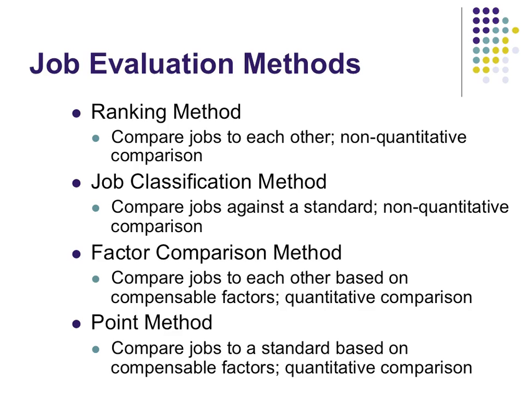And then lastly, we can do what we call the point method. It's a much more complex system where we have factors and sub-factors. We compare people against standards. We have point values attached to each sub-standard and each subcategory, so that you can look at a big sheet and circle how you would describe the work these people do. If it's at a certain level and there's a certain descriptor that matches what they do, you circle the point values attached to that, and ultimately you add up all your points to come up with the value of the job.